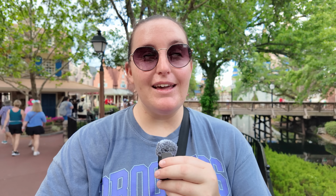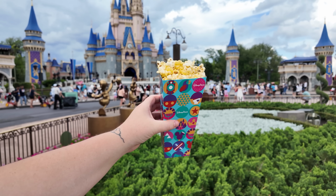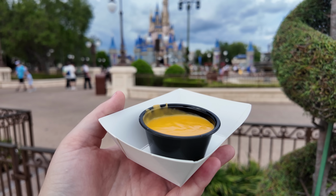That sounds like the ultimate big back activity. Let's go do it. All right, so I have picked up my popcorn from the cart by the castle. I have also picked up my cheese sauce from here at Casey's. This is a very interesting combo because I've never thought of this before, but I use this hack with other